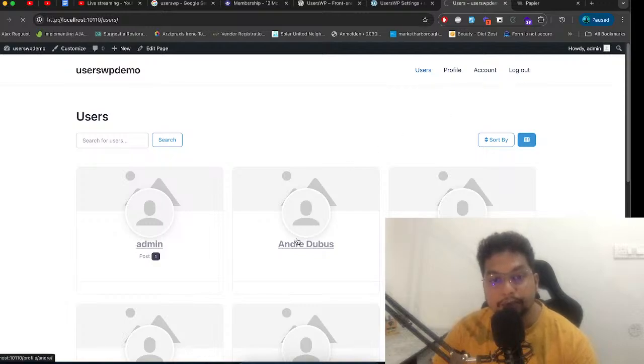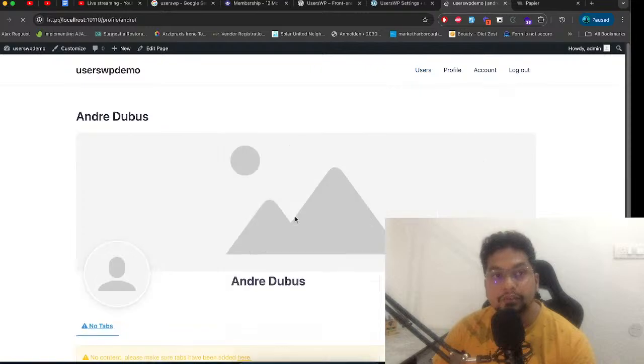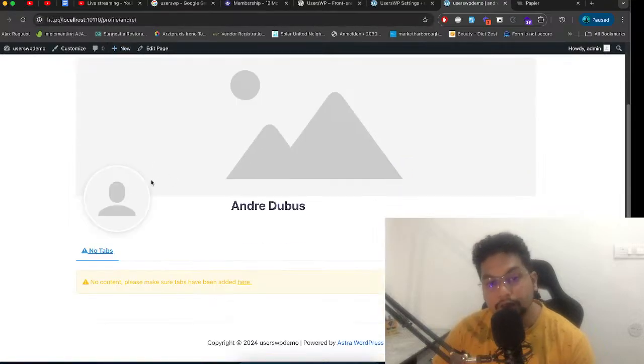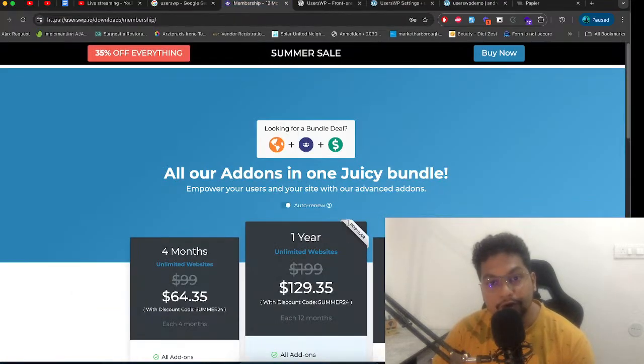Even I can check the profile of the other users. So if you are creating a social network kind of platform in WordPress, then this feature is really helpful. You can allow users to check other users' profiles, and you can also provide them an option to add this user as a friend. Users will have an add-on for that. Here we have seen the friends add-on, that allows you to